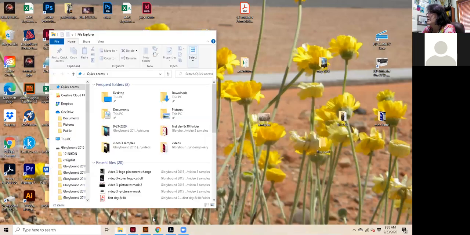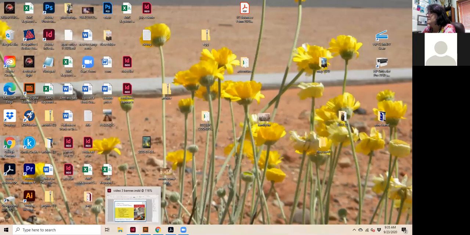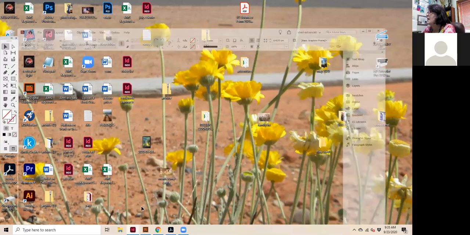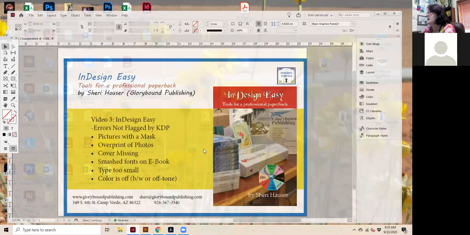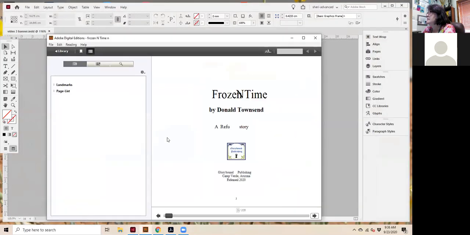Let's see here. I was going to show you the front of it, but I guess not. Okay. But the book, I'm just going to show you what happened. I'll show you the other side of it. This is digital editions. Look,